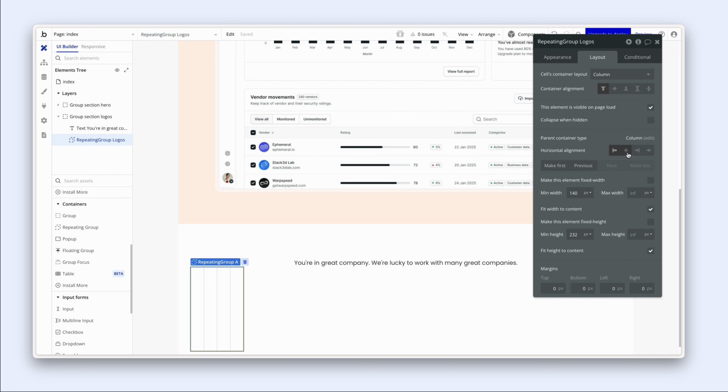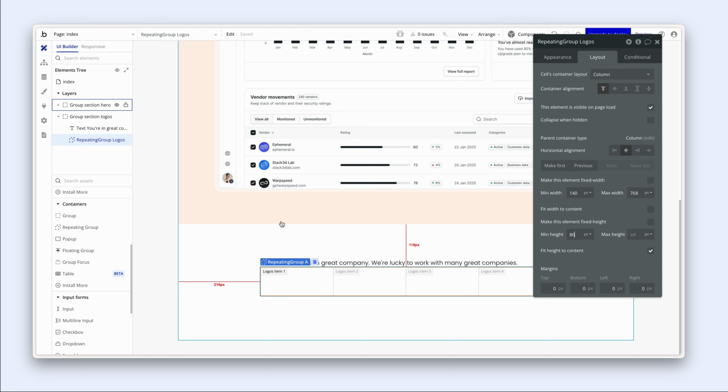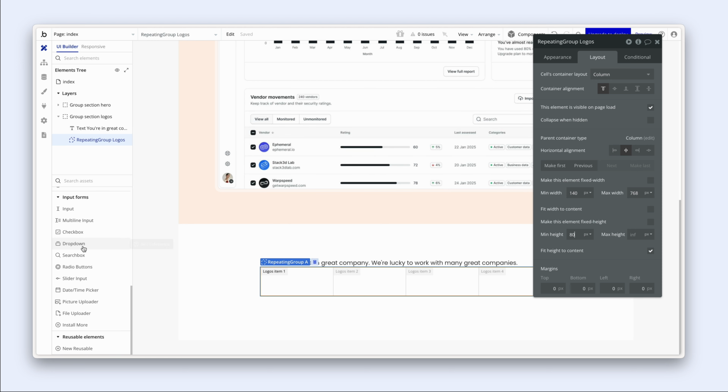Now in terms of the layout, I'm going to put that in the center first of all. And I'm going to set a max width. Let's try 768. I'm a little bit uncertain at the moment. I'm going to remove the fit width to content because the max width controls the width. We need it to obviously be smaller and we'll deal with that later. In terms of the height, 80 is fine. So let's grab an image element